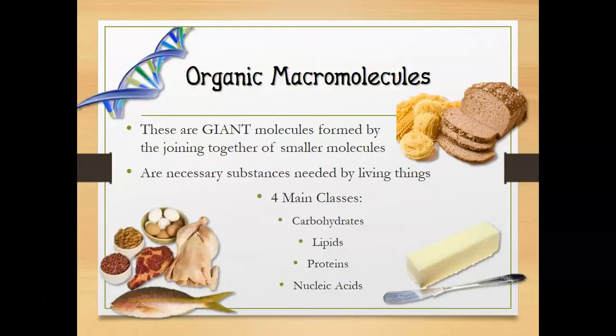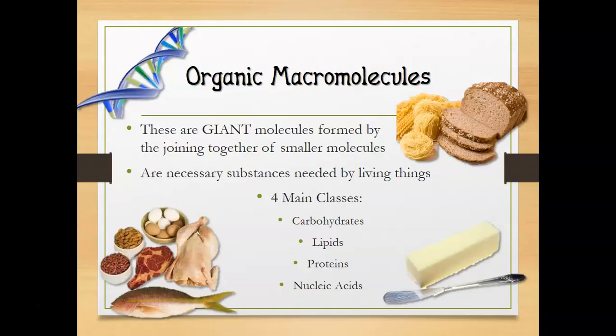And they're organic macromolecules, so giant, huge molecules that are joined together by these smaller molecules, and they're really big necessities for living things. And when we classify these particularly large molecules that living things need, they end up in